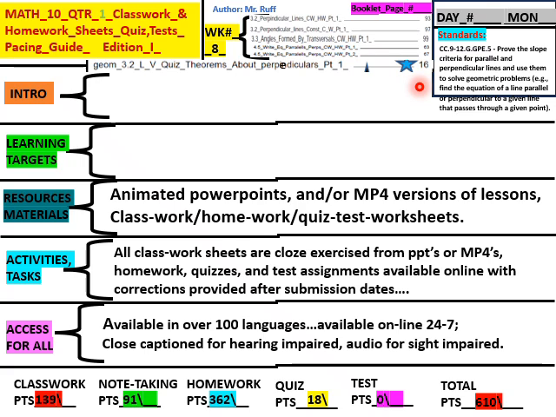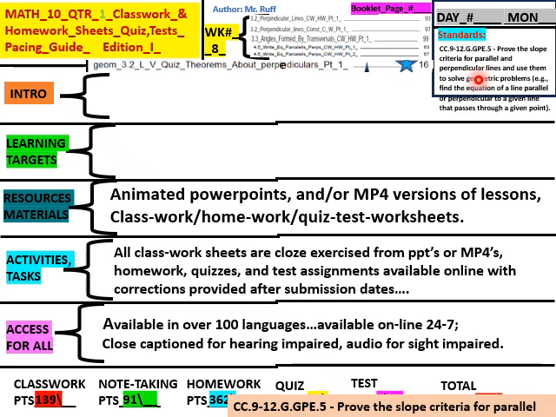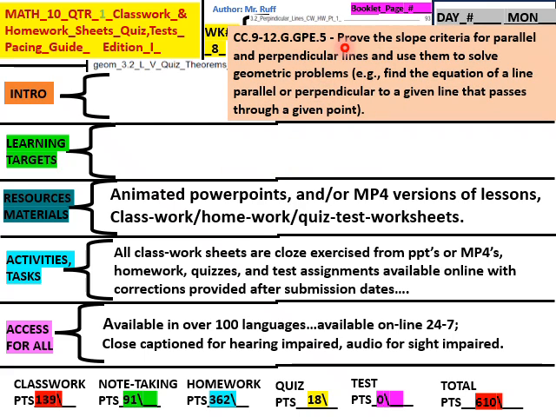And our major standard here, Common Core standard, is prove the slope criteria for parallel and perpendicular lines and use them to solve geometric problems. For example, find the equation of a line parallel or perpendicular to a given line that passes through